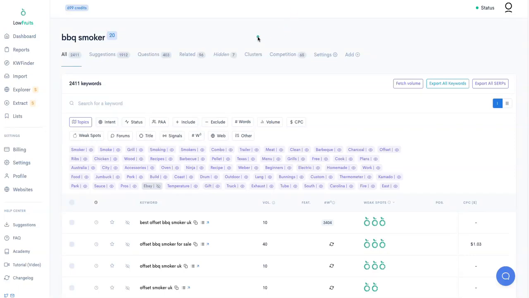Okay, let's look at the clustering options for these two programs. Now, just to tell you up front, I don't expect this to go off really well since I have such a low amount of keywords I want to cluster, but let's see what happens here. So we're back on our LowFruits account, and if we go into clusters,